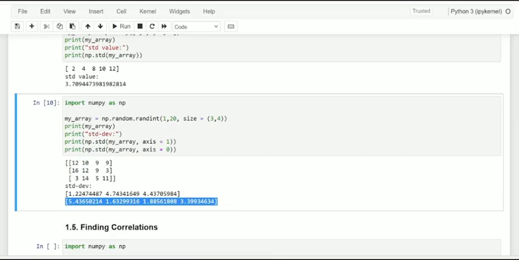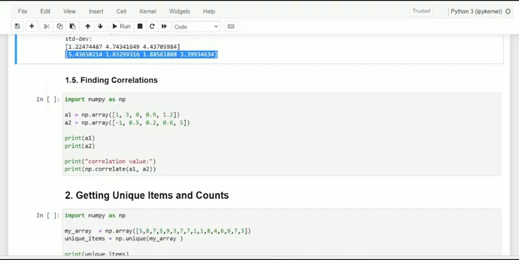Fine, dear friends, next we are going to find the correlation. Correlation is a statistical technique that can show whether and how strongly pairs of variables are related. The main result of the correlation is called the correlation coefficient. Its range is from -1 to +1. The closer R is to +1 or -1, the more closely the two variables are related.